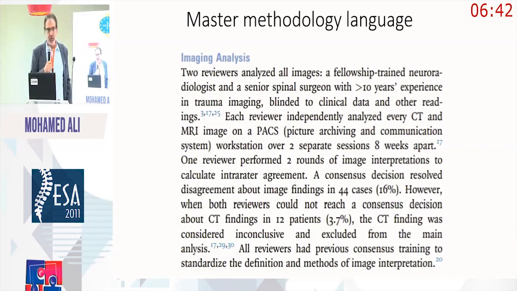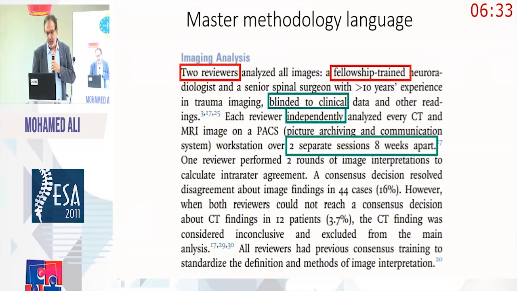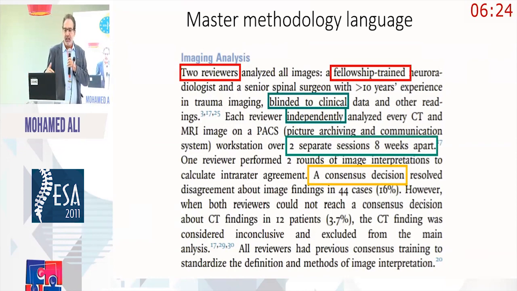I think the methodology is the most difficult, and the way I think about it is that you have to master the methodology language. This is one of my papers, and when you read it, not all people understand to the same degree what it means. For example, when we say this is an image-based study, reviewers might read that and not understand how important it is. This paper was rejected actually because of the number of reviewers,